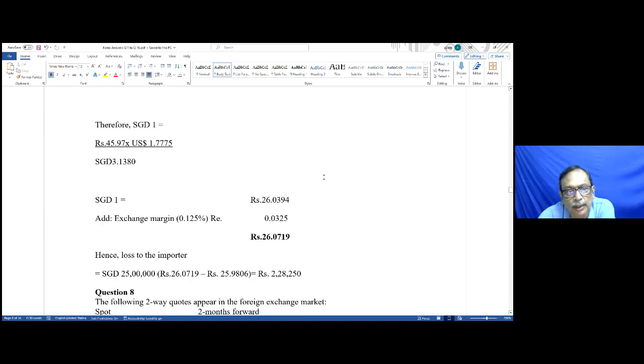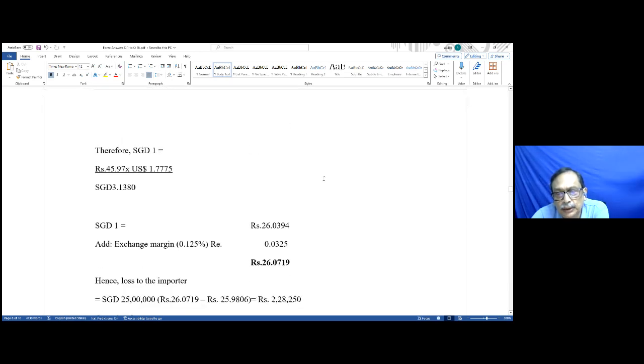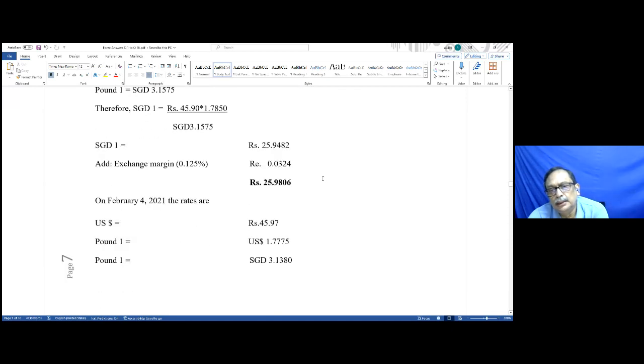So 1 Singapore dollar we get rupees 26.0394. And with this, we are going to add the exchange margin of 0.125%, which comes to 0.0325. So after adding this, we get 26.0719, and the previous one was rupees